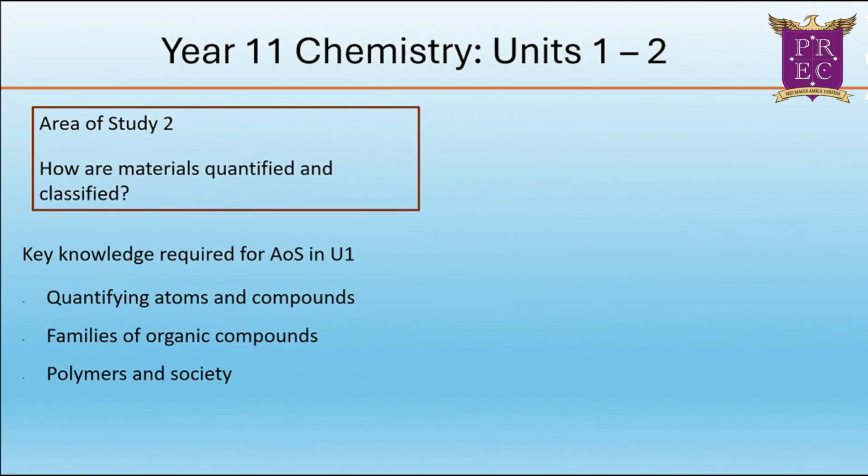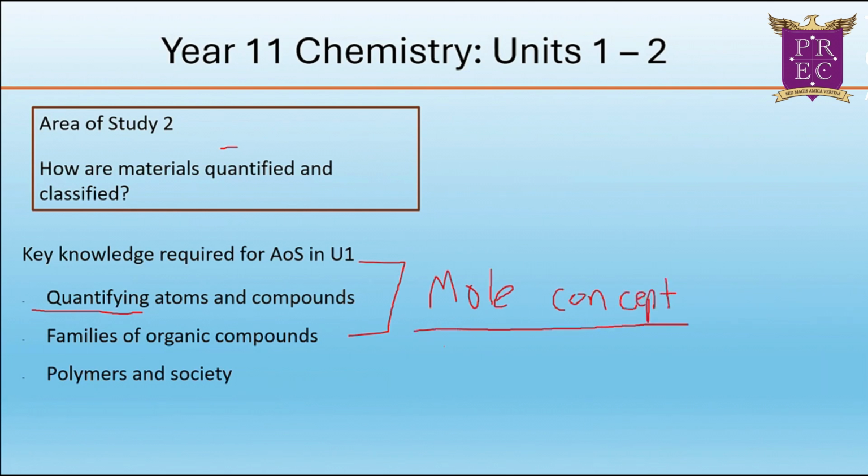Area of study 2 contains quantification, organic chemistry, and polymers. I would like to clarify the reason why this is a prescription and it is recommended you cover Unit 2 after Unit 1, due to the quantification part, known as the mole concept. In all my years and experience in teaching, I consider this to be a limitation, if you would like, that